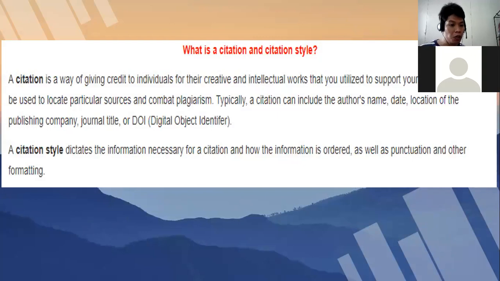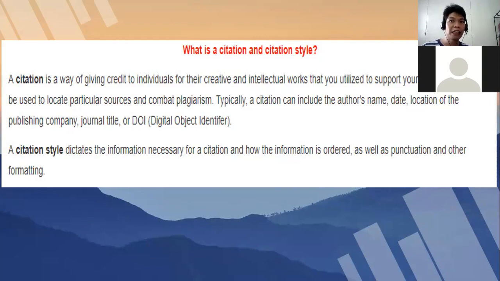It can also be used to locate particular sources and combat plagiarism. Typically, a citation can include the author's name, date, location of the publishing company, journal title, or DOI or digital object identifier. This is the way that you can use in order to avoid committing plagiarism.